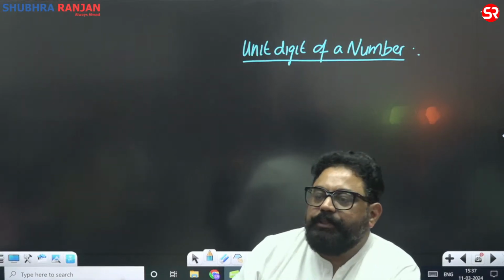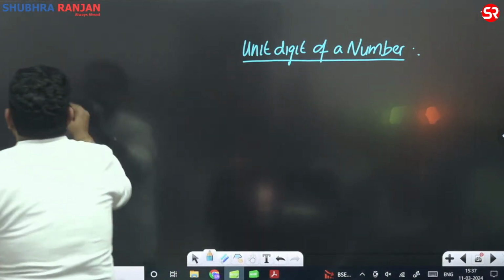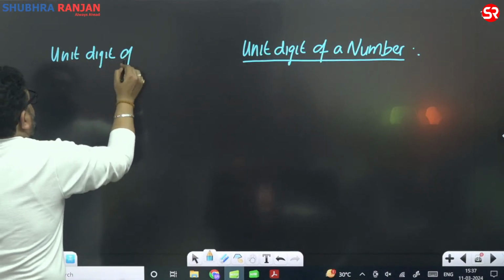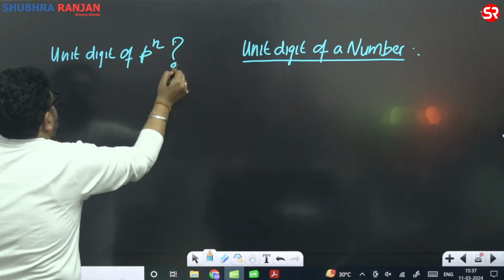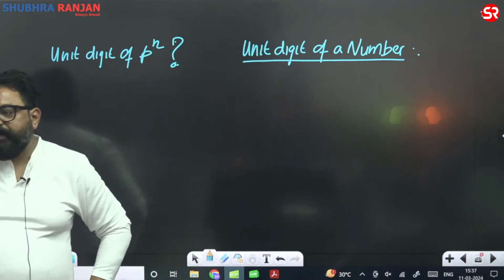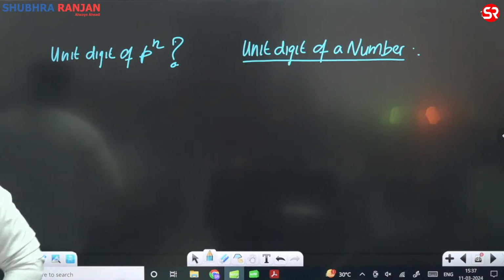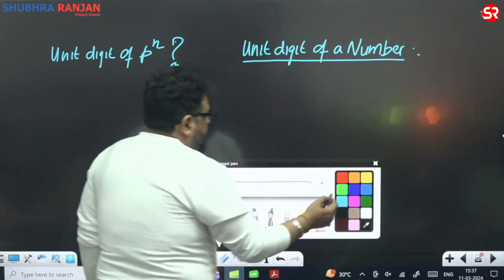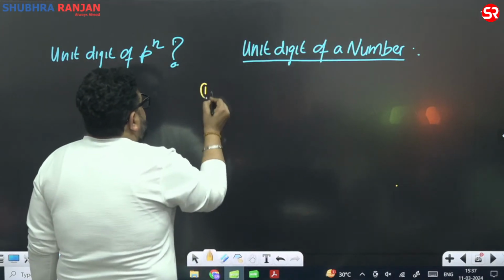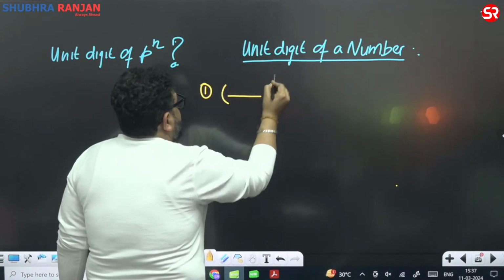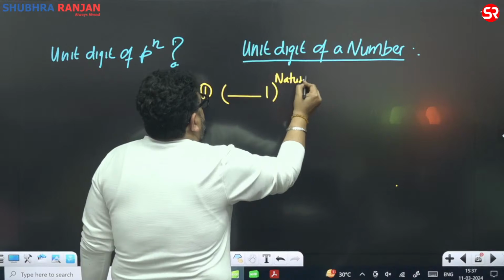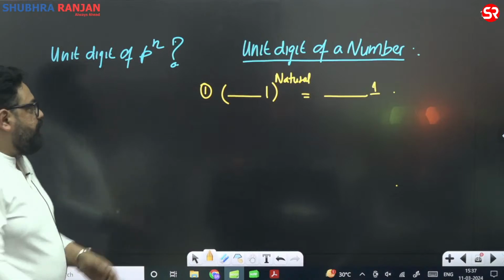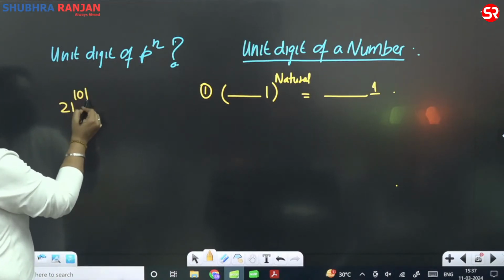So basic question would always be, what is the unit digit of p to the power n? So the basics are very simple here, and basics have to be done properly. See, any number ending with 1 raised to the power natural would always end with 1. Do you agree? For example, if I say what is the unit place of 21 raised to the power 101,